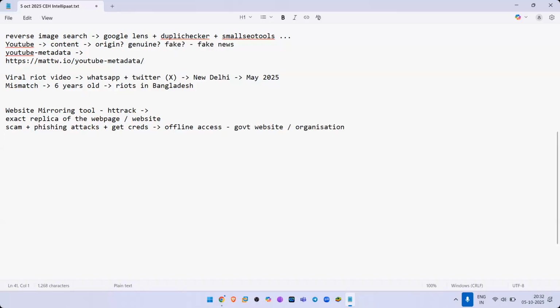The reason is that if I visit too many times, or if I'm scanning too much, very likely that my IP address will be detected and it will be banned. Your firewalls, your intrusion detection systems will ban my IP address. So what is the solution? Visit the website only once and download it. Okay, how to download? Let me show you.